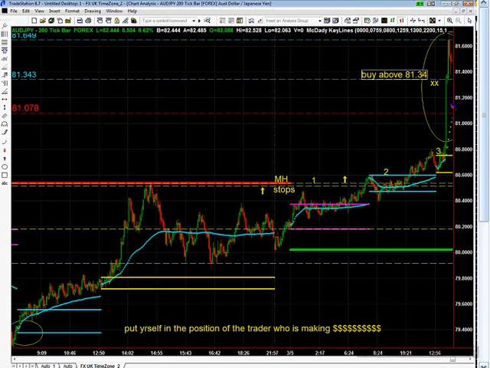Okay? So we must take every signal, but if one trade has a bigger risk than the other, then what you do is you cut your position. You say, okay, if my size is one big contract, then I'm going to take one mini, or I'm going to take two minis. You cut your size, but